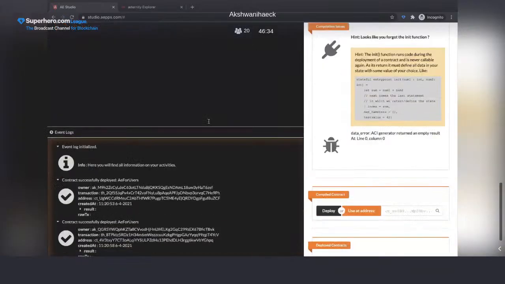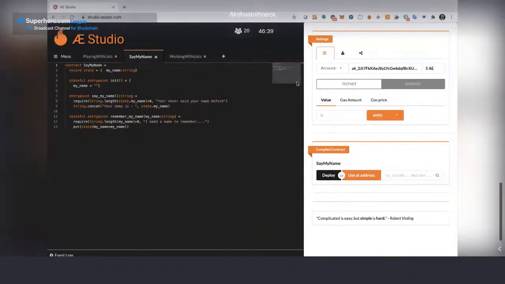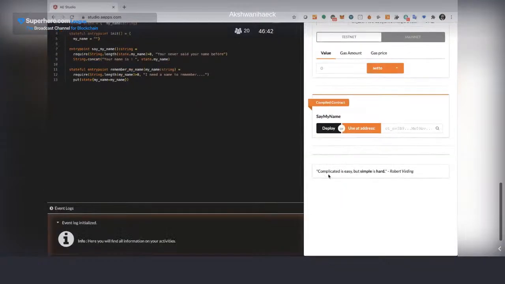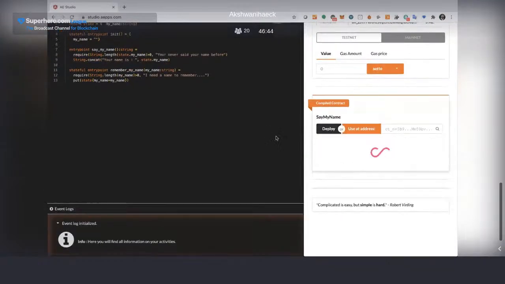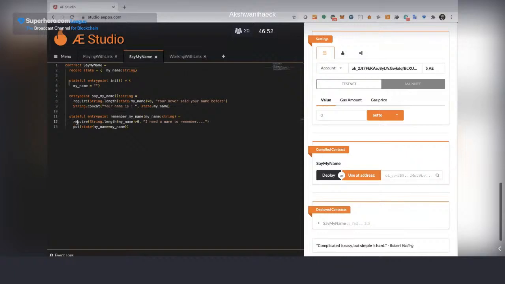Okay, so let me see why this is not working. Maybe because I'm on incognito mode. Anyway, I will try to deploy here. The only two things I added here, I will mention, is a couple of controls which are require. This is a way I can protect my functions from getting information that is not in the way I want, or maybe even to check if the caller of the function is not allowed.